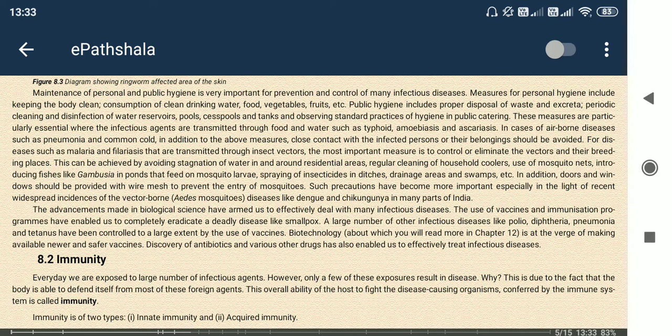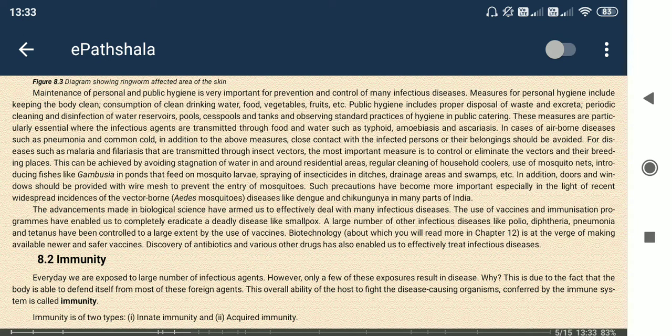So this is from the chapter Human Health and Diseases. The lecture on the first part is completed already, so this is the second one. The remaining part will be finished in this lecture. Okay. So, immunity first of all. What is actually immunity?